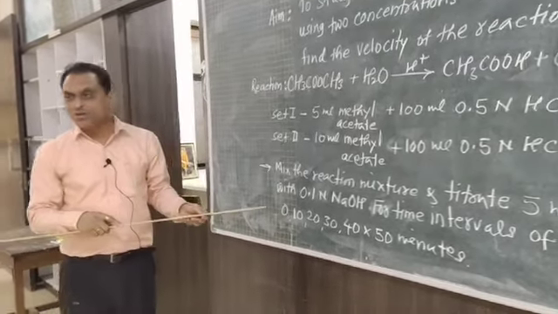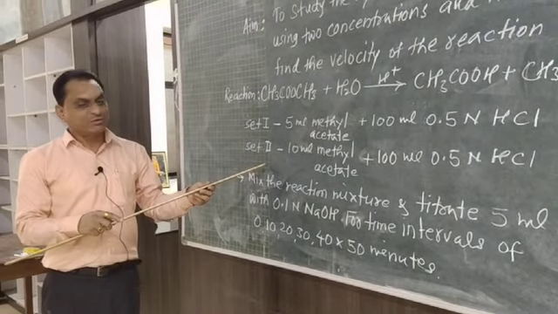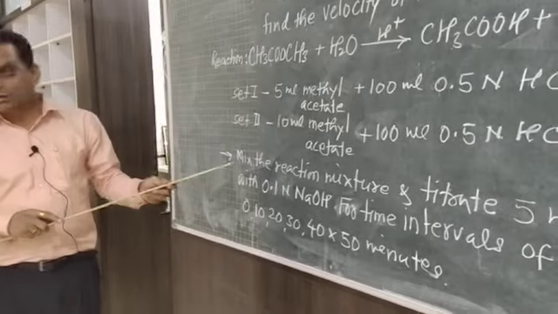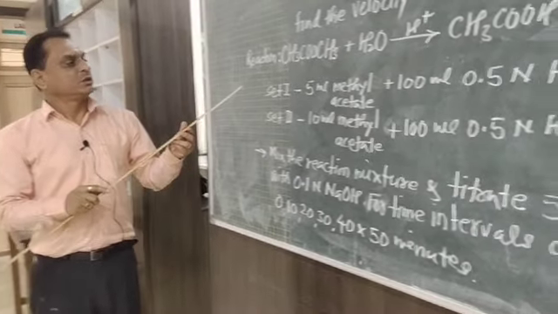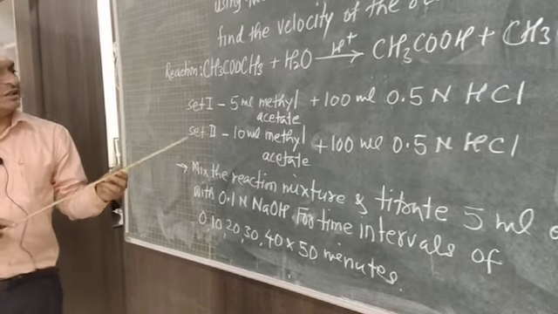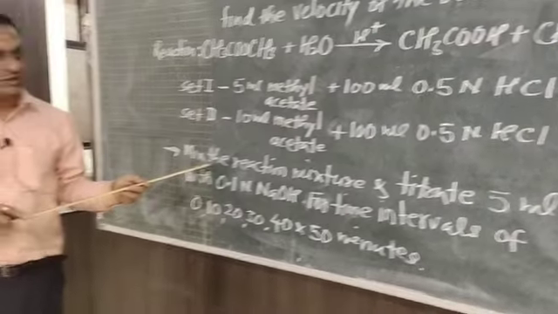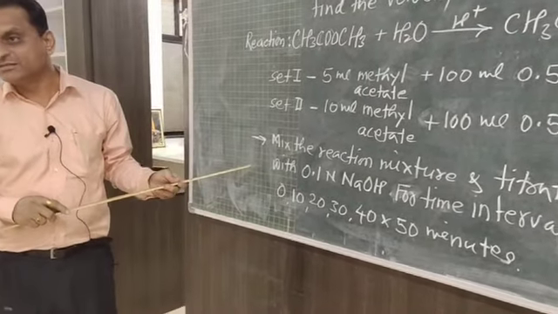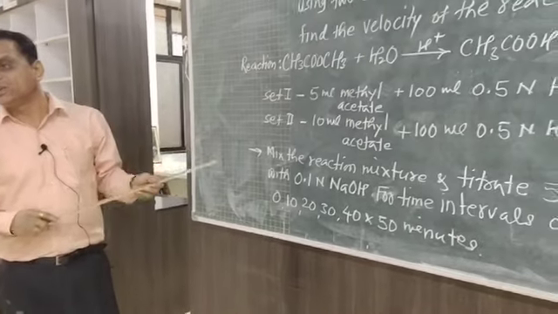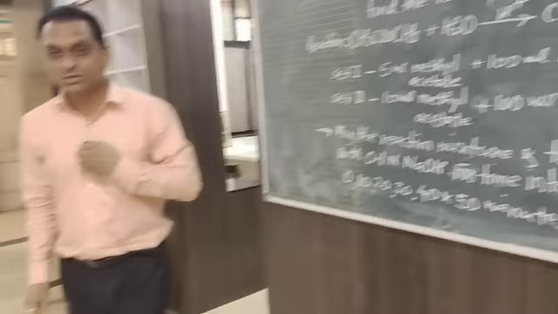After getting the observation, you have to represent the observation in a particular observation table and then carry out the calculation. Now, for the experimental demo, I am requesting Dr. Indulkar sir to carry out certain experiment using the first set. They will show you how to go for titration and how to take the reading, and afterwards I will explain the calculation, graph and result part. So over to Dr. Indulkar sir.